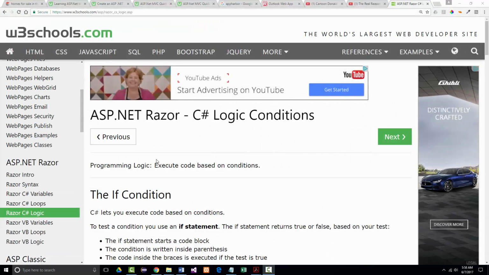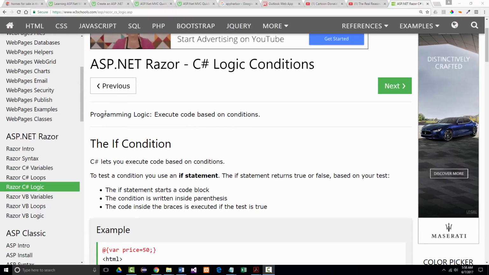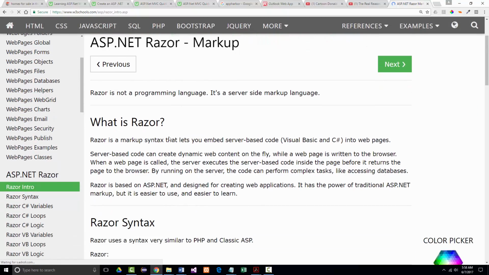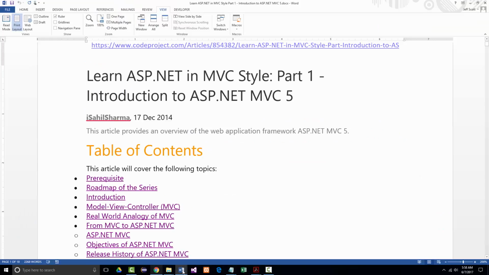There's the first article. I didn't find anything on W3 Schools for MVC per se. Probably the closest I got was for their ASP tutorial. There's some talk in here about Razor, if that's something that you might be interested in. Now, before I go to that article,